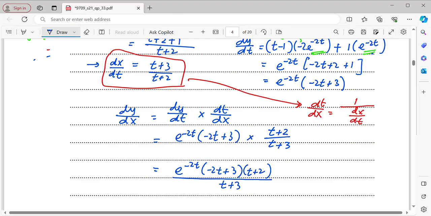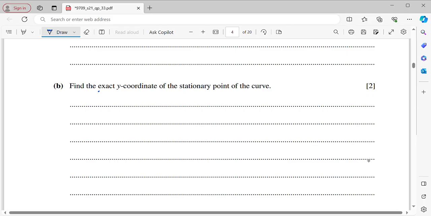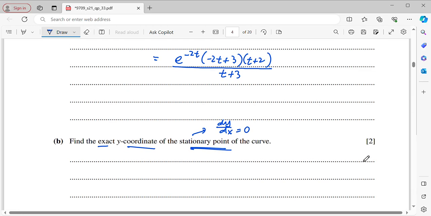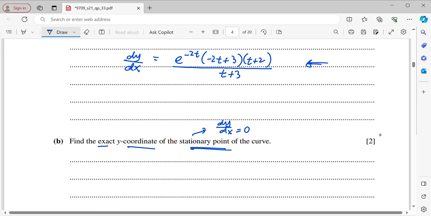Alright, so that's all for the dy dx. Now for part B, find the exact y coordinates of the stationary point of the graph. So whenever you see stationary points means dy over dx equals to 0. Now what you need to do is just refer back to the dy dx in the previous part and let this be 0. Okay, so I will just direct copy the dy dx